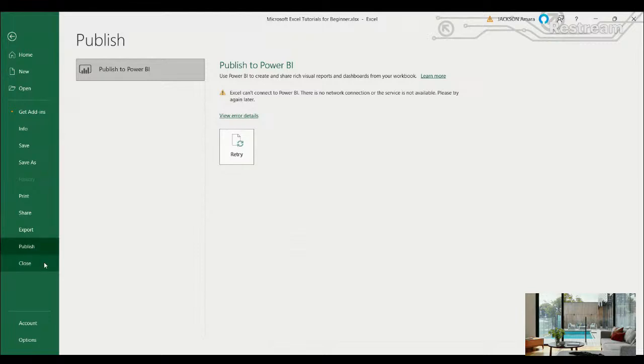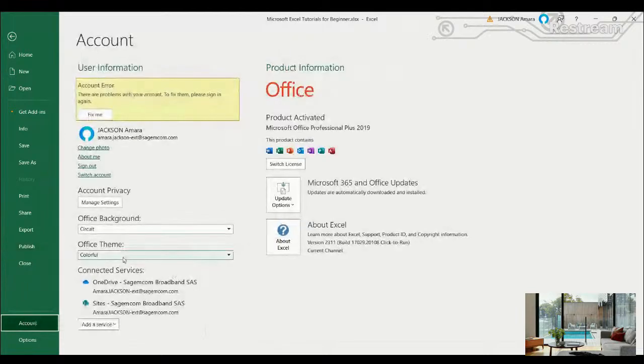And of course, the last, not the last, but this other section says close. As we hit there, it closes the entire workbook for us. This closing area. So account here, account basically